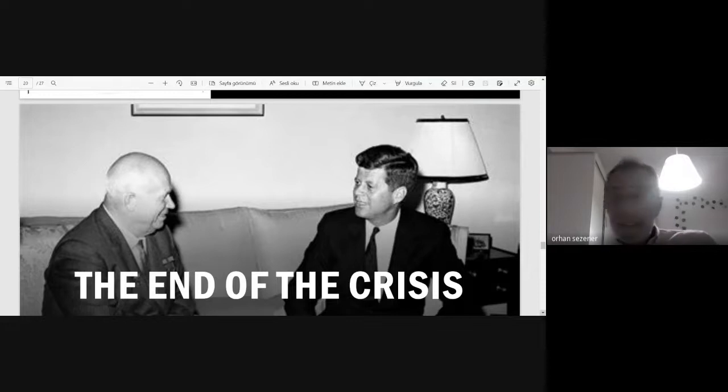there was a bitter or sad reflection of this peace agreement for the case of Turkey, because the missiles were removed without the information of the Turkish government. American bases were American soil, so Turkey didn't have any control or inspection or any idea about what was going on in the American bases. That is to say, American missiles in Izmir were removed in 1962, and Turkish authorities didn't know about this until the latest months of 1963,